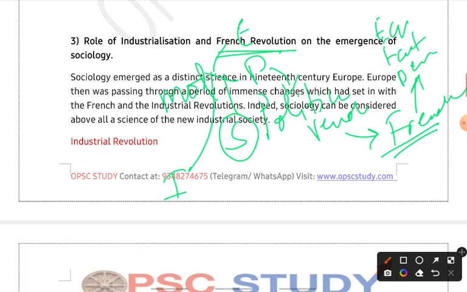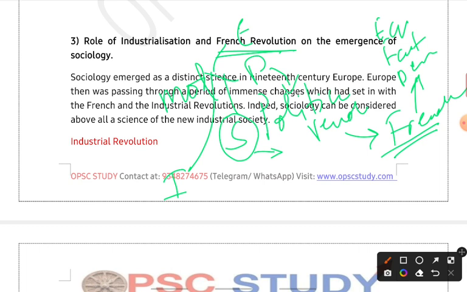Because there was jointness, the families were more joint in nature. If they were joint, elder members were always present in the family or in the house. But in a nuclear family, only father and mother are there, two persons. So domestic violence cases also rose, and then education also improved, and all these things were the social revolution.